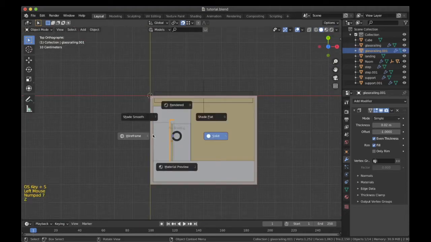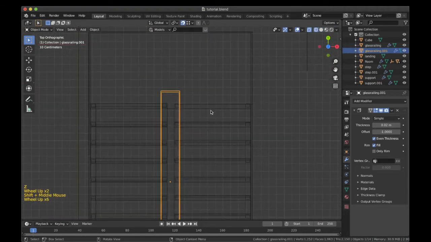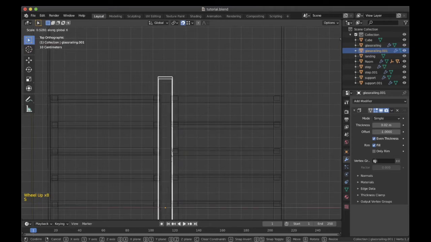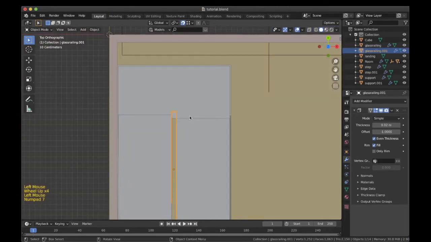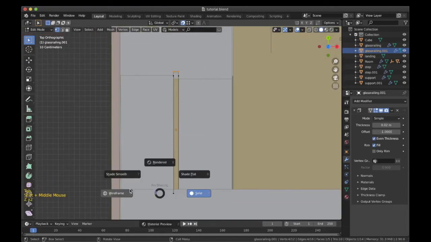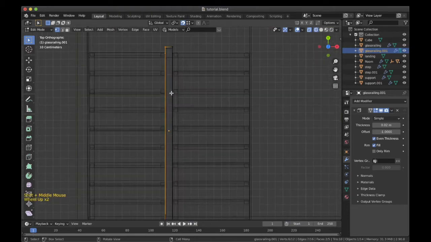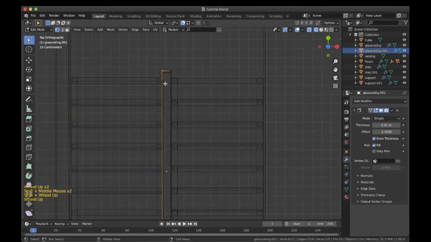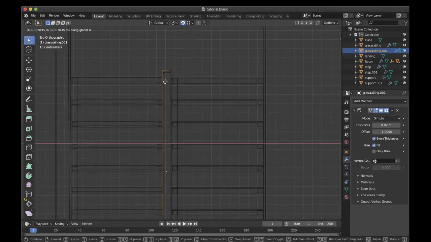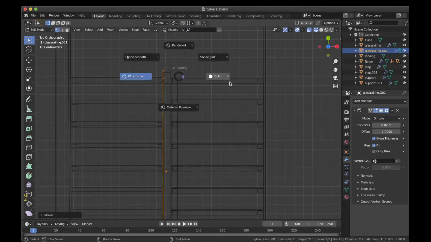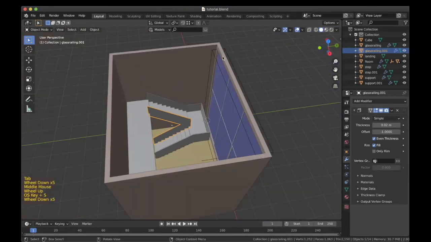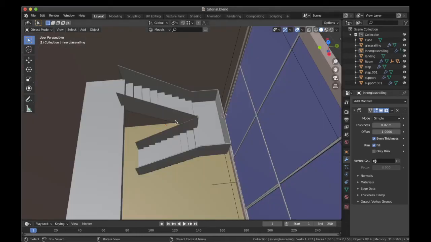Now similarly for this inner railing also, it is currently set on the inside. This is still a bit off, so I will again go into the edit mode and then do that. This is important because if you're rendering and you can see the step along with the glass intersecting, it might not look that good. Yeah, now that we are done with that, we can name this as the inner glass railing. Now that we have done with the inner glass railing, we will create the handrail over here.